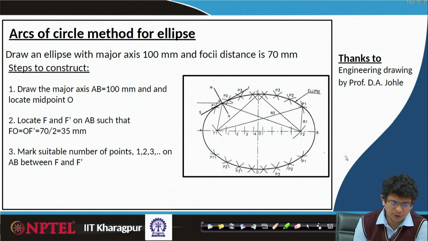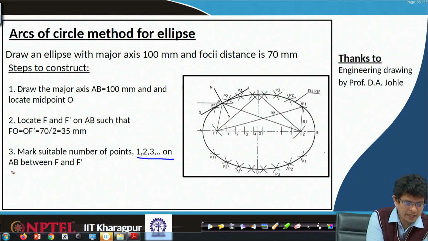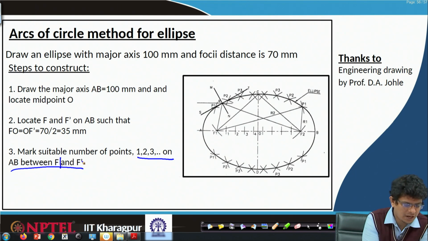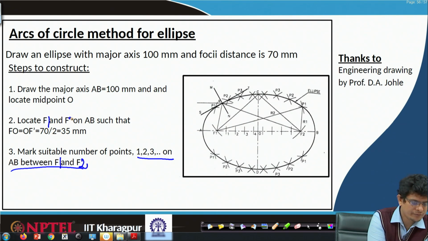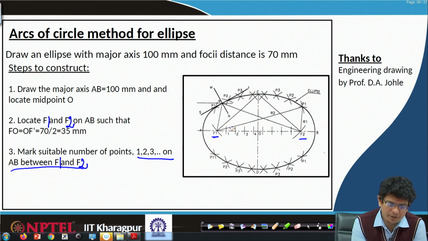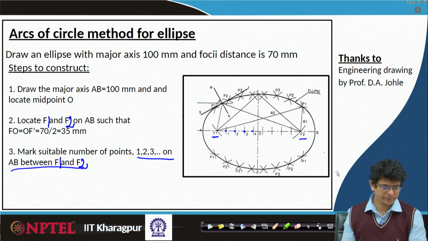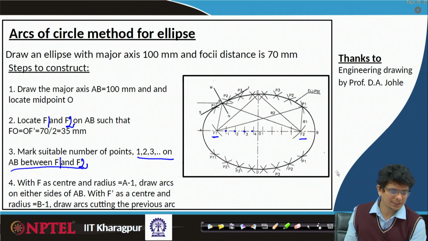Now, we have to mark a suitable number of points, something like 1, 2, 3, on AB between F1 and F2. It can be equal or any number of points. It is easy always to go with equal number of points as a uniform grid: first point, second point, third point, fourth point. Once it is done,